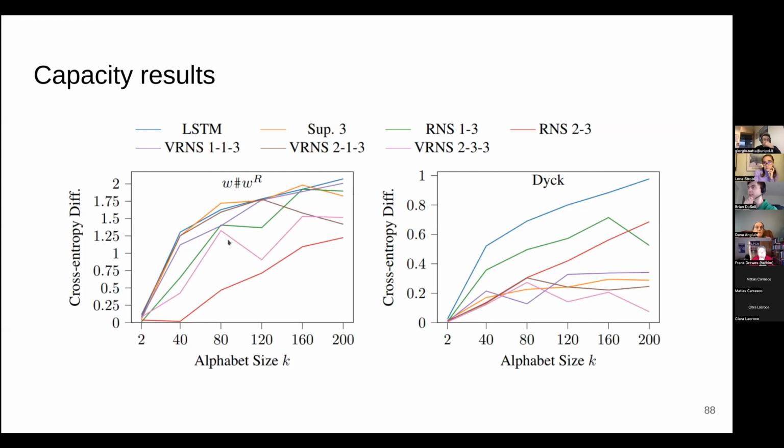So in these experiments, we tried varying the number of symbol types in a task from 2 to 200. And we did this for the marked reversal task and for the DEEC language. And shockingly, the best model here was the basic RNS-RNN, which simulates a discrete stack, not a vector stack. But for the DEEC language, it turns out that our new vector model is the best, which is what we expected. So the pink line is the biggest version of the vector model.